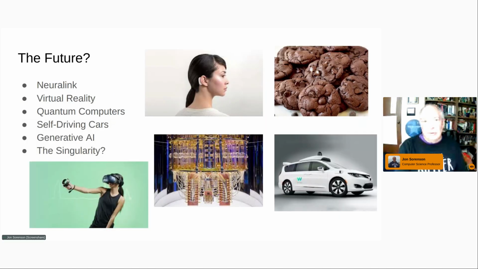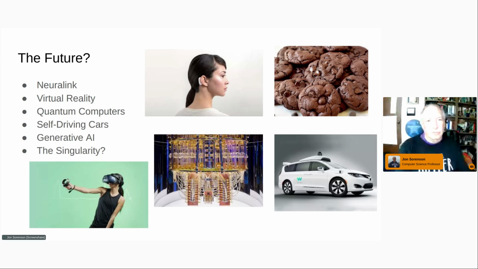So what's happening in the future? Like what's going on now, what's going on in the future? I'll just mention a few things we see on the horizon here. Neuralink is the idea of building devices that interact with your brain directly instead of using awkward screens and keyboards and mice and things. Let's just wire you right into your brain. There are several recent companies, and I think one of Elon Musk's companies is working on this technology as well. I don't know, would you put one of those things in your brain? I'm not sure, but that's something that's going on.